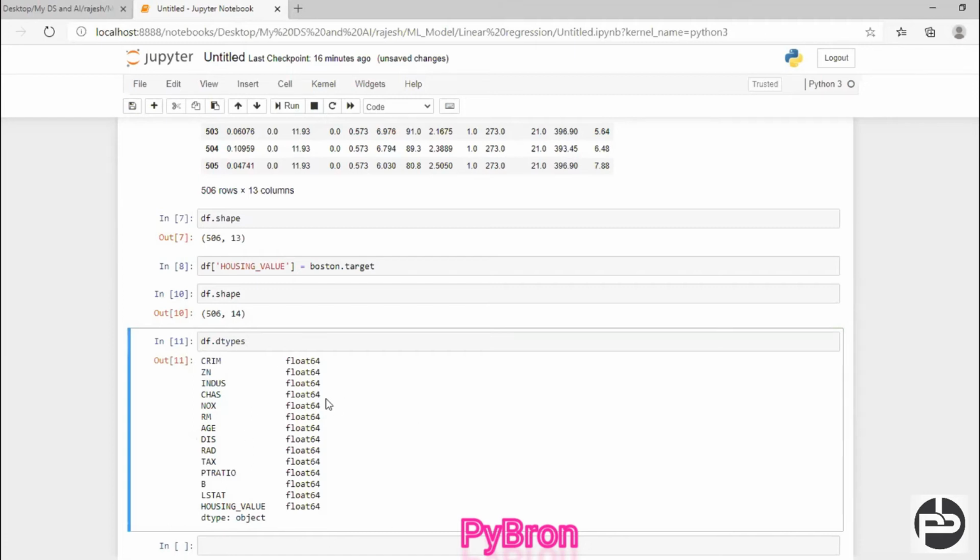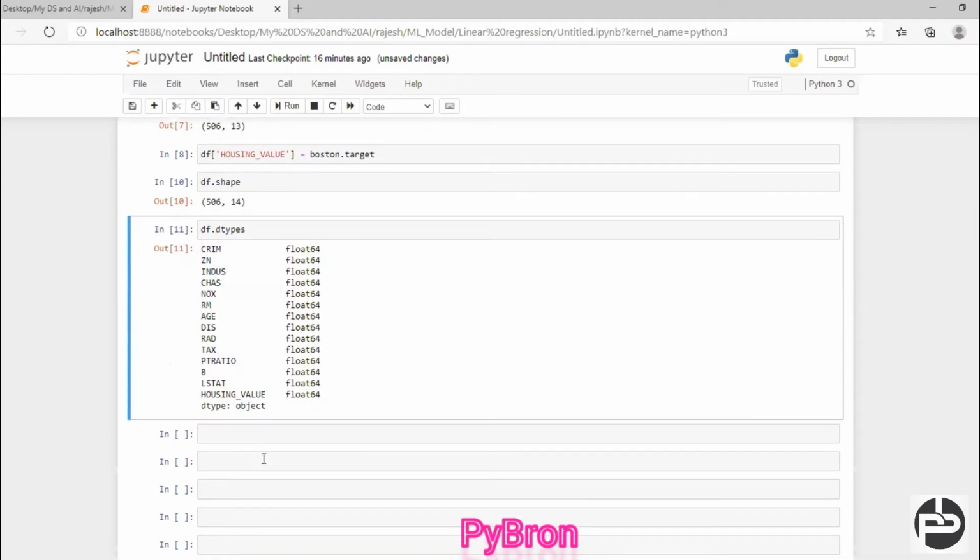What is 64? As I already discussed in my pandas class, it is because your operating system architecture is 64-bit, so that's what it is showing, float64. Someone will ask, if I want to work with float32, you can work with that. I discussed these things in my pandas class. Just go through that on how to convert your system architecture to 32-bit. That is also possible, no worries. Now one thing is done: all this data is in float.